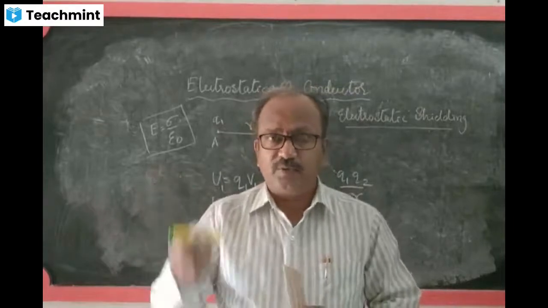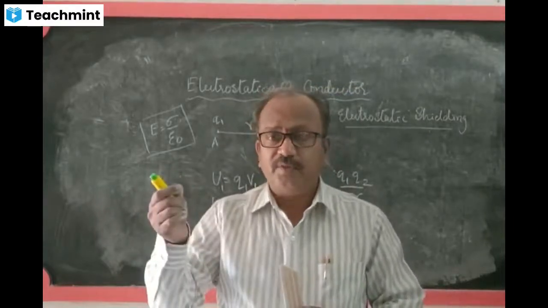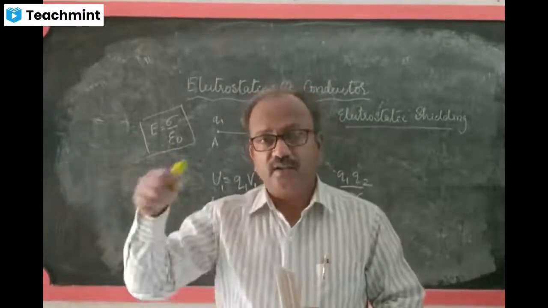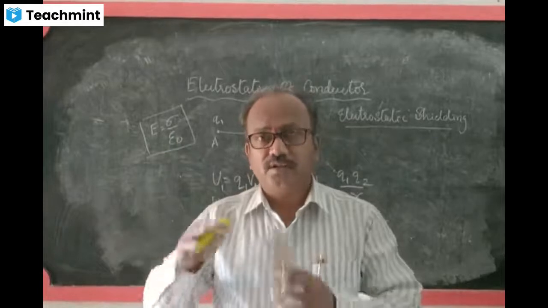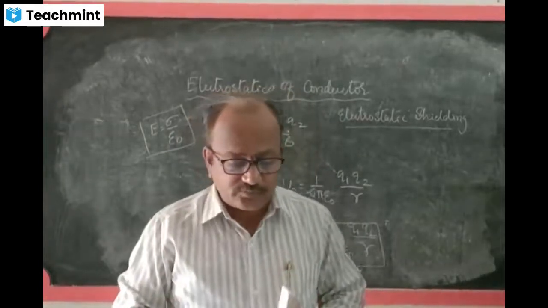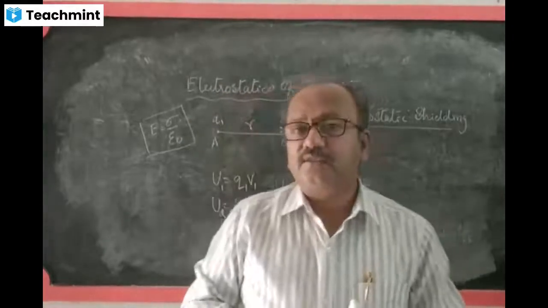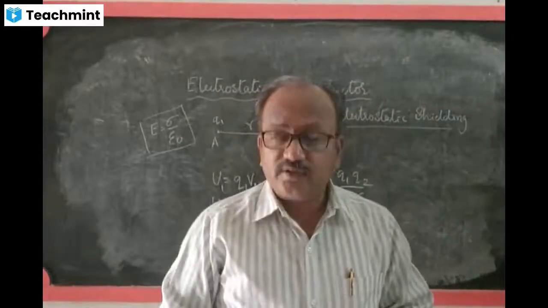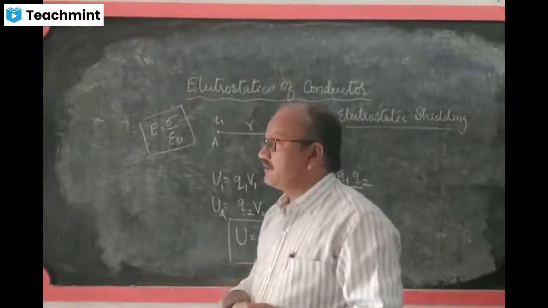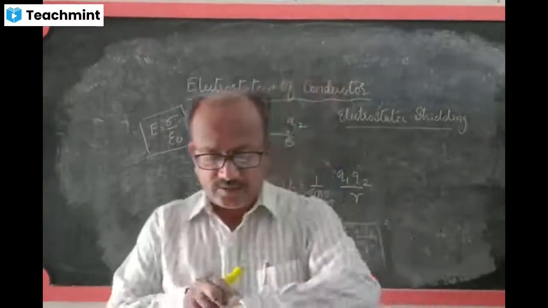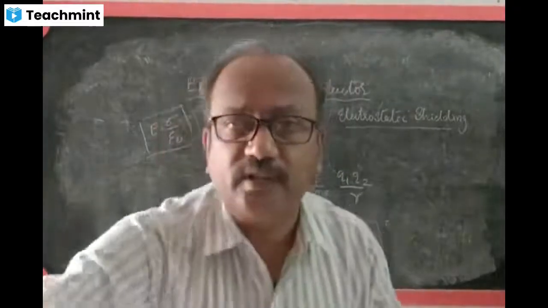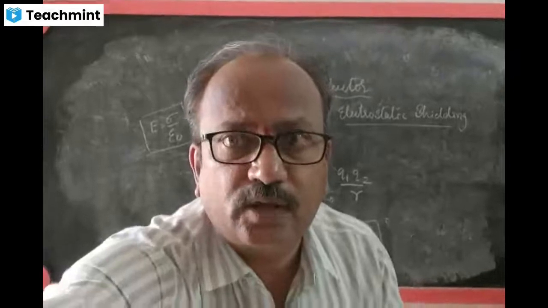That means the copper metal should not be affected by the external electric field. Then that plastic which is used is called the electrostatic shielding here. It is a protection from the external electric field. So this is about electrostatics of conductors. Okay. Right. So I will stop here as far as this chapter is concerned.